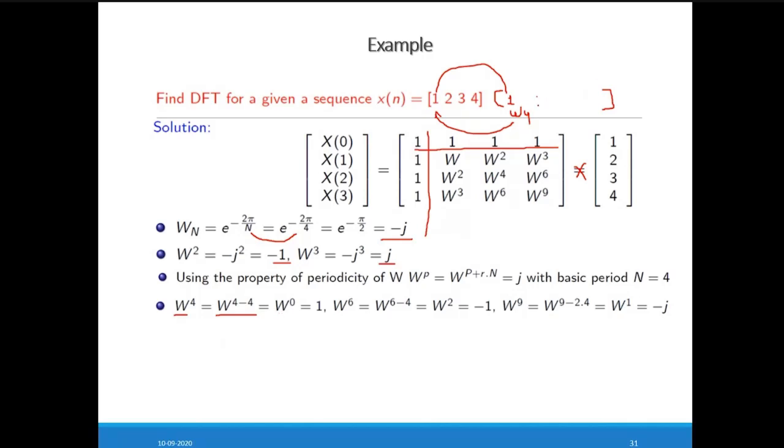Then omega 5. Here we have to calculate omega 6 at the third location. What happened at the third location? Omega 6 is nothing but omega 6 minus omega 4, so you are getting omega 2. This is the value of omega 2, which you get at this particular place. This way we have to write all the values: omega 4 minus 4, that is 1, omega 6 minus 4, so here omega 2.